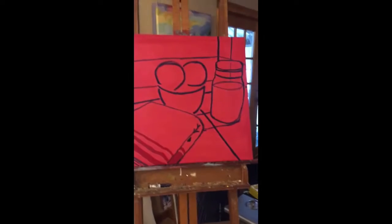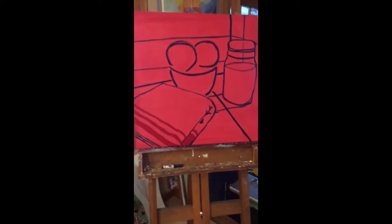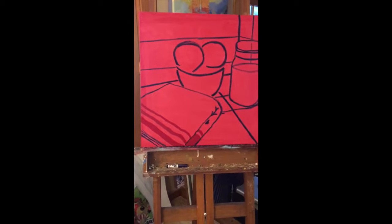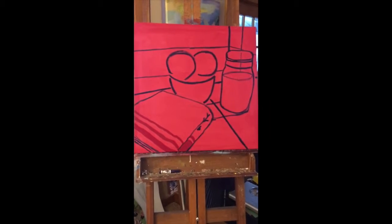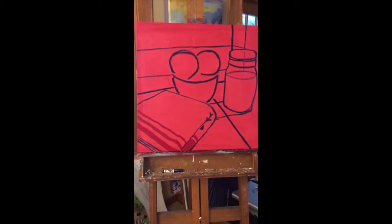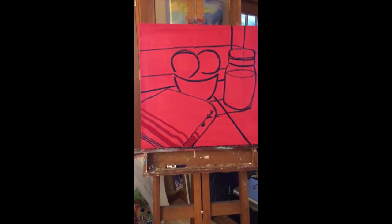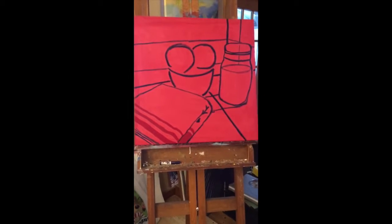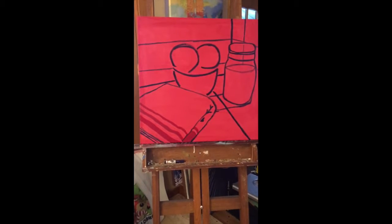I was talking about abstract expressionism, so some of you who have an art background may be confused and looking at my work and thinking, that's not abstract expressionism. So I wanted to go a little bit deeper into that. What I do is, once I have the outline, I like to use this phthalo blue outline. And to me, what I'm doing is